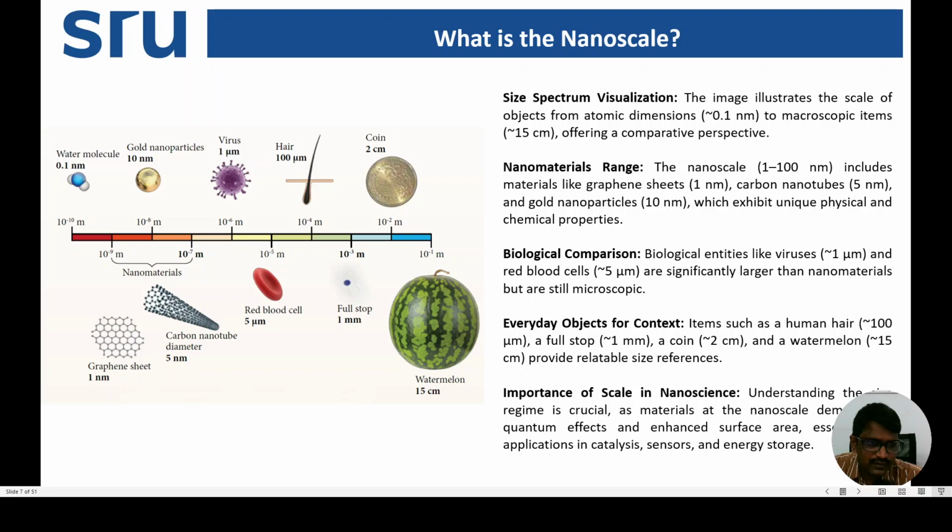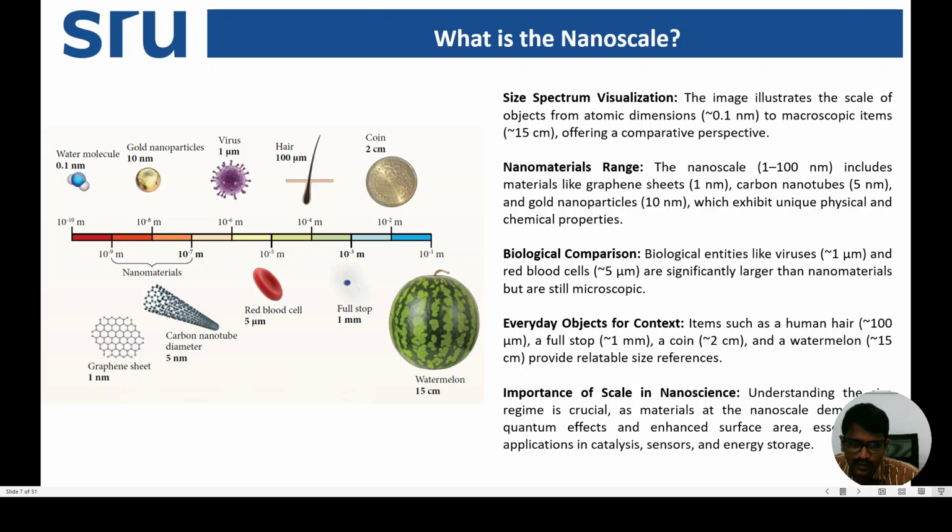This is atomic level. Then nanomaterial size, this is micro size, and this is macro size. So that's why you can see here carbon materials, graphene sheet, carbon nanotubes, gold nanoparticles, these all fall under the nanomaterials range. And also